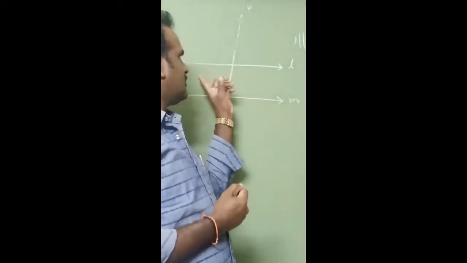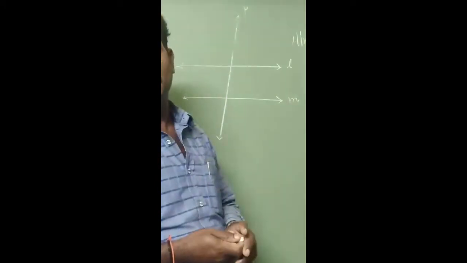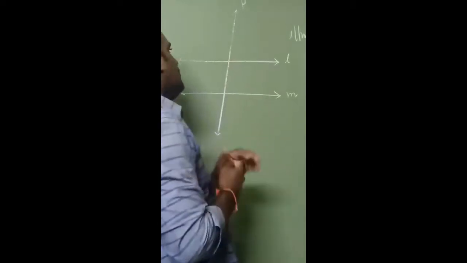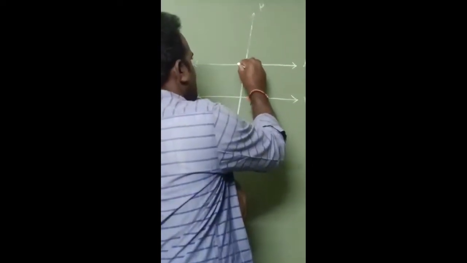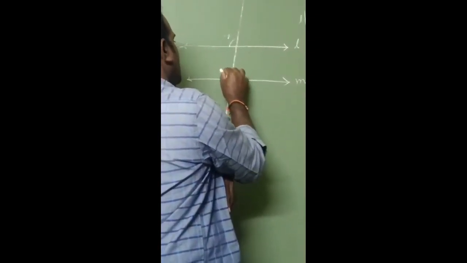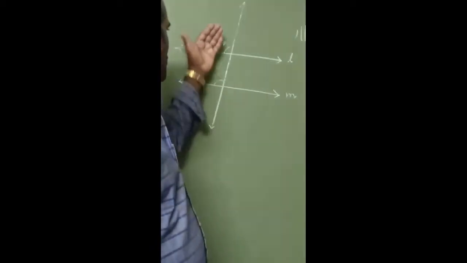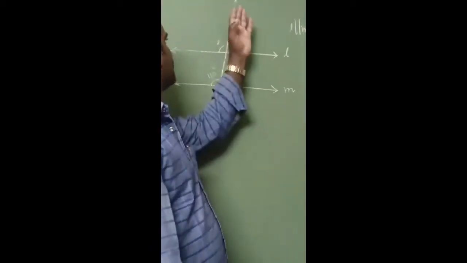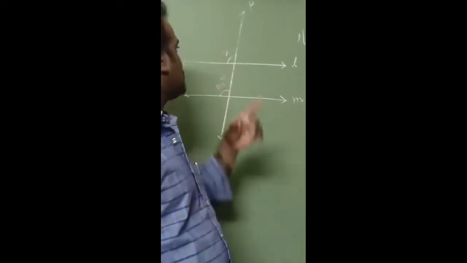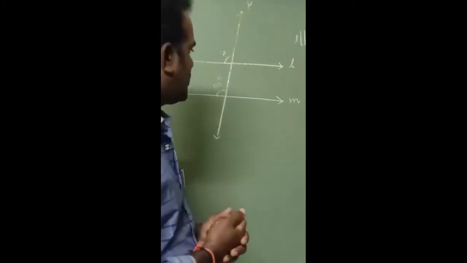Here we have two lines, and the two lines are parallel lines. This P is the transversal. Take here some x, or you can take here an angle of 110 degrees. This is one side of the transversal, the same side. One is exterior, one is interior. So these two angles are corresponding angles.